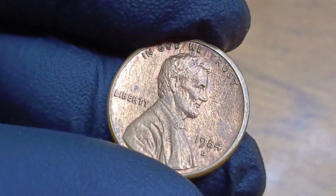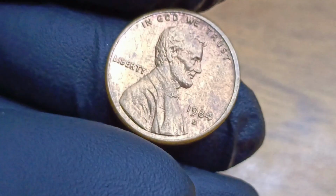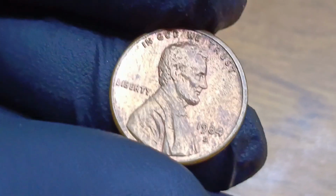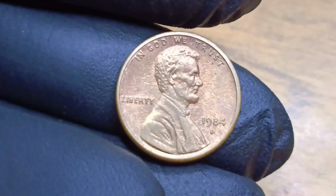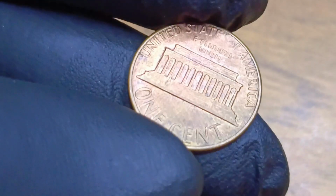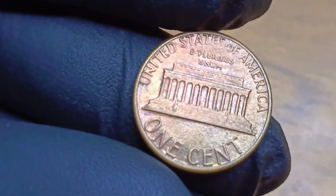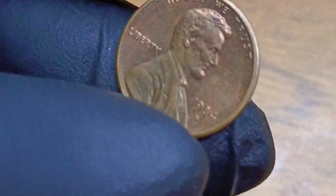One of the most sought-after errors is the doubled die, where a die is misaligned during hubbing, causing elements like the date, Liberty, or In God We Trust to appear doubled. For the 1984 D penny, a well-known doubled die obverse shows noticeable doubling on Lincoln's ear, a variety discovered in 1984 and considered a major variety because the doubling is visible to the naked eye, with thousands of examples estimated to exist, fetching anywhere from $50 to $300 in mint state, as seen